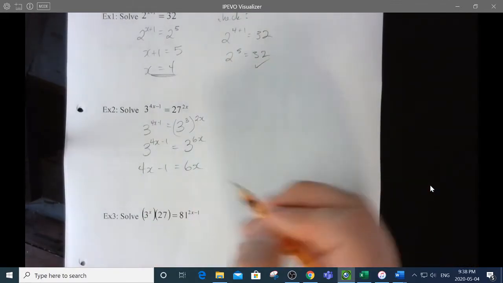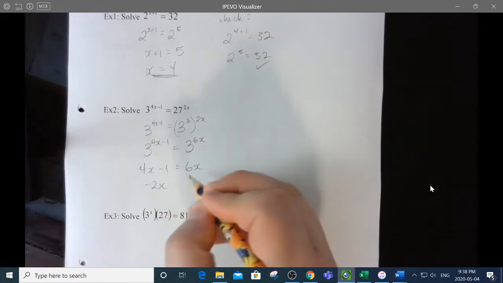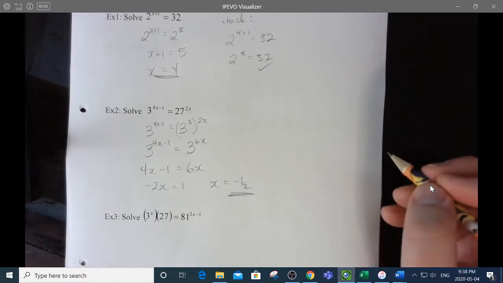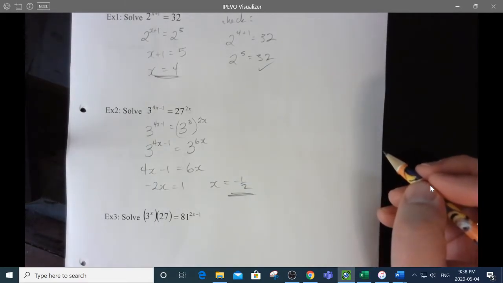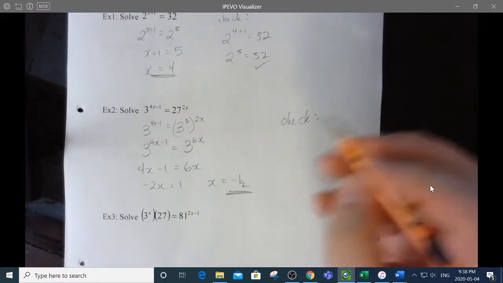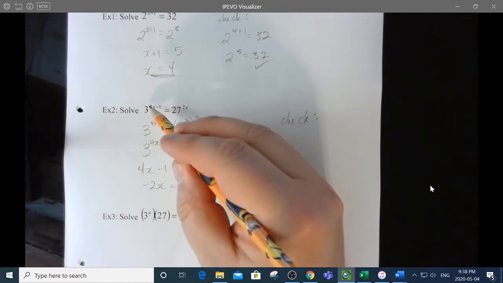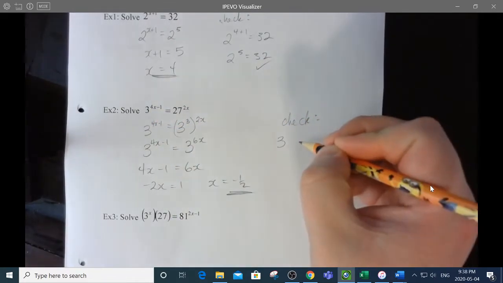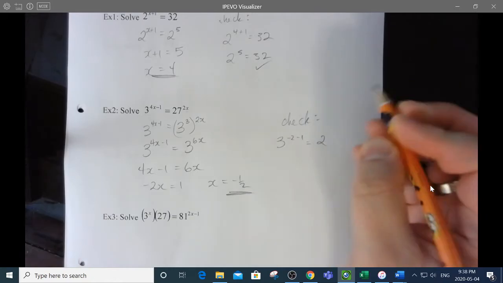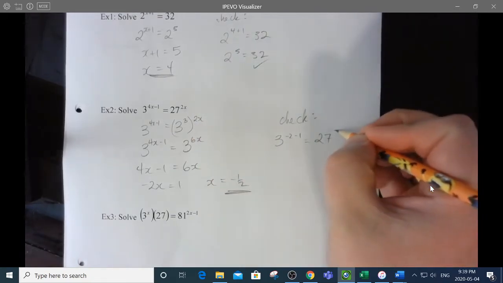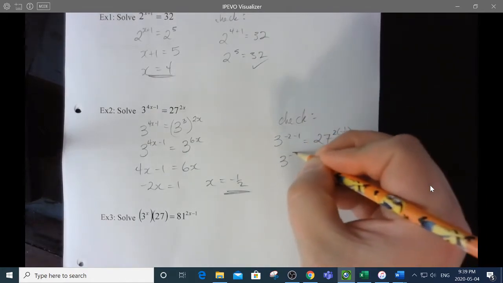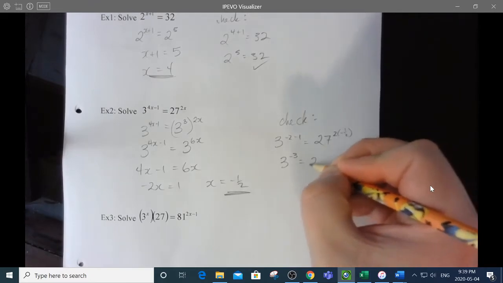And then I'm going to minus 6x from both sides, add 1 to both sides, and divide both sides by negative 2. And hey, that's a negative fraction for an exponent. Well, it wouldn't be a negative fraction once I punched it in. Again, if I wanted to do a check, and I do, I'm going to say 3 to the power of 4 times negative a half, and 4 times negative a half is negative 2, and 27 to the power of 2 times negative 1/2, so that's 3 to the negative 3 equals 27